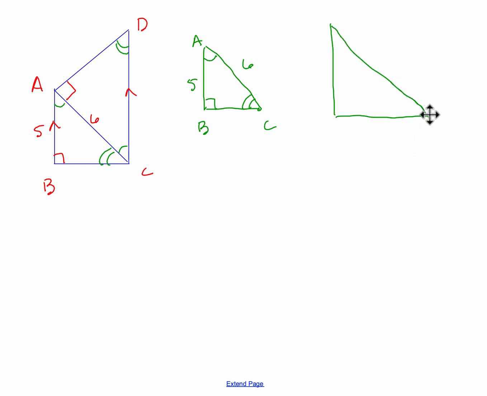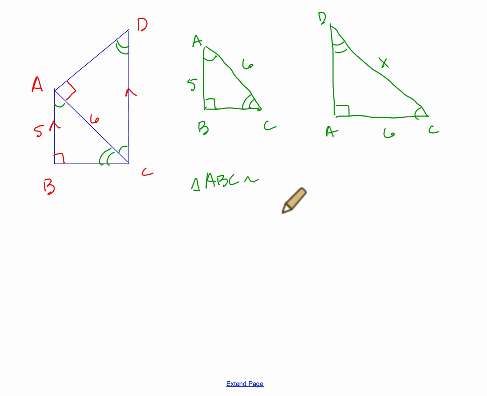We have triangle DAC. And all we know here is that AC is 6 as far as lengths go. And this has the two arcs, and this has the one arc. And we're looking for the length of CD, so I'm just going to call that X. So let's make a similarity statement. I'll just start easy with triangle ABC